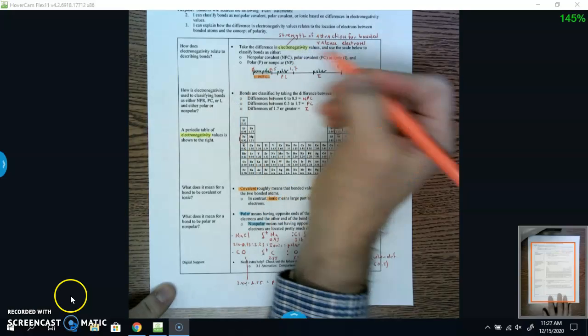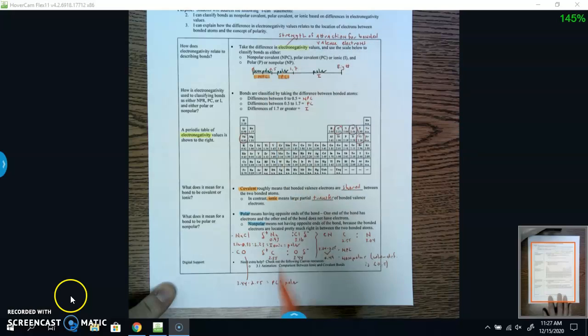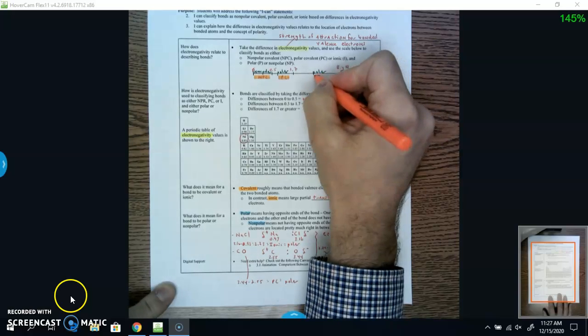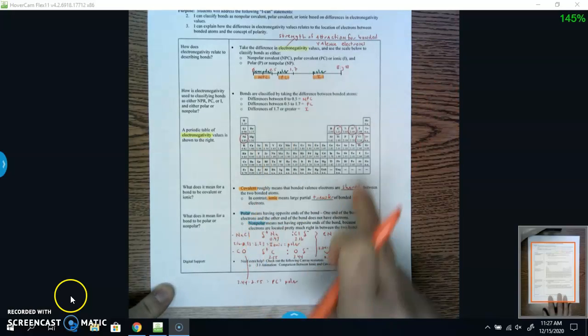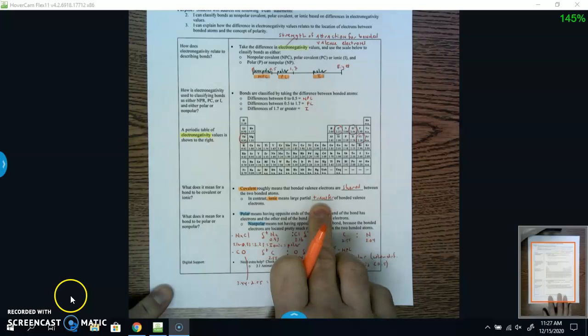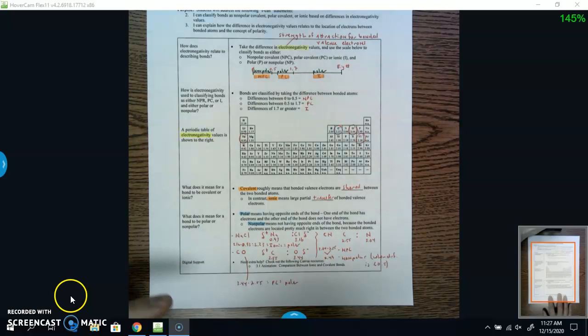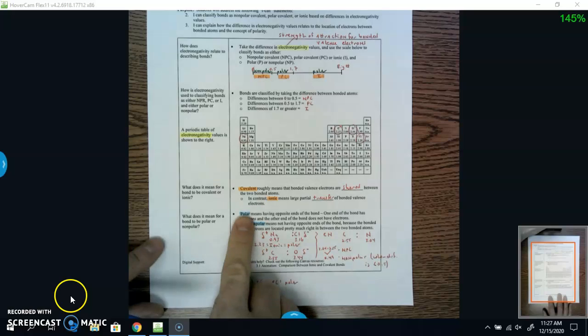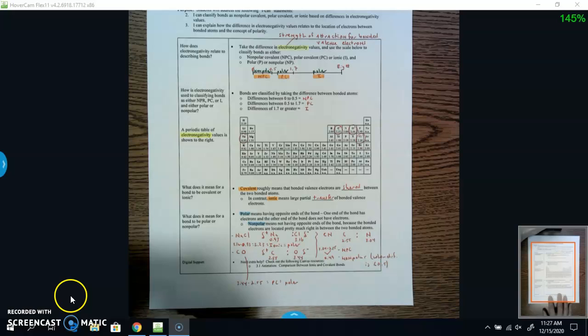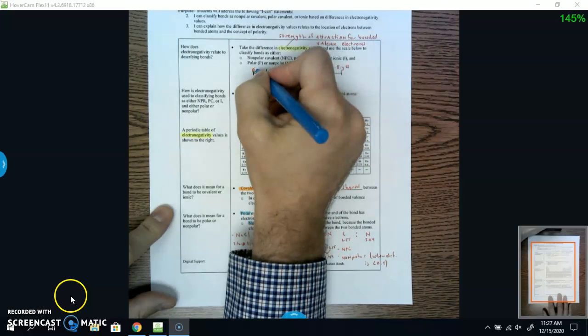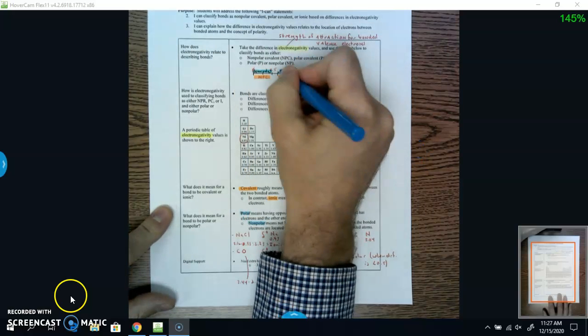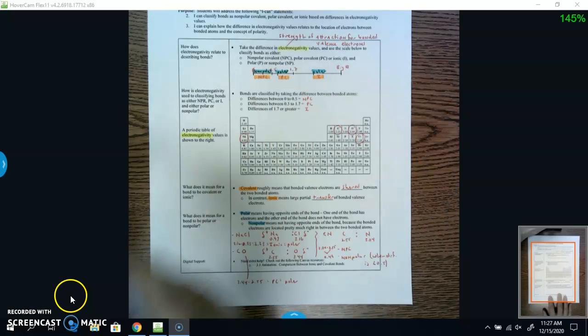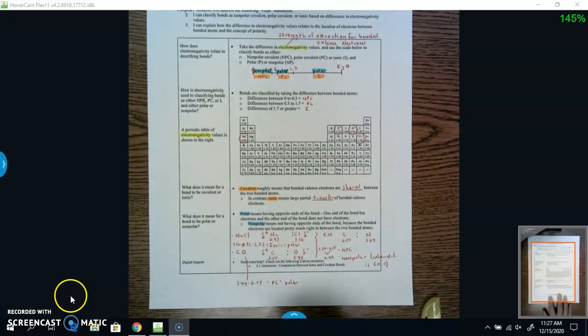I'm going to go back up here and I'm going to highlight nonpolar covalent and polar covalent. Those are both different types of sharing covalent bonds. And I'm also going to highlight in orange ionic. Remember, when we think about ionic, we think about a large partial transfer of bonded valence electrons. In blue down here, we've got definitions and descriptions for polar and nonpolar. And so I'm going to go back up here, and with my blue highlighter, I'm going to highlight nonpolar and then the two polar bonds. Okay, so again, to emphasize